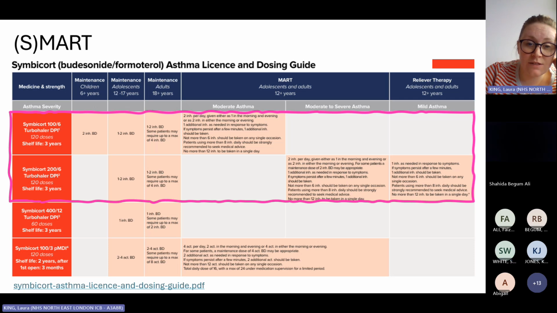The company actually has a really fantastic chart, and I'm going to completely admit, I have a complete mental blank on the dosage. For some reason, my brain doesn't retain it. I have this tucked in my diary as my little cheat sheet. So as you can see, there are actually 4 options for Symbicort. On my screen, I can't actually read the writing because it's small in presenter mode. But essentially, at the top we've got a 100/6, a 200/6 turbohaler, a 400/12, which we wouldn't necessarily be using in young people anyway. But if you've got a patient that 1 puff versus 2 puffs is going to make a difference, it may be helpful. And then at the bottom, we've got a PMDI,